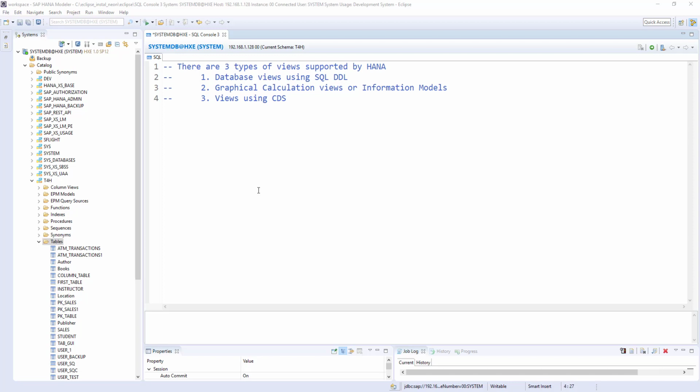But in the SQL case, if you want to change a view, you need to drop and recreate that view again. So it will not give the flexibility to modify. Anyway, in this session we'll learn about SQL DDL, and in later sessions we'll check these two options.